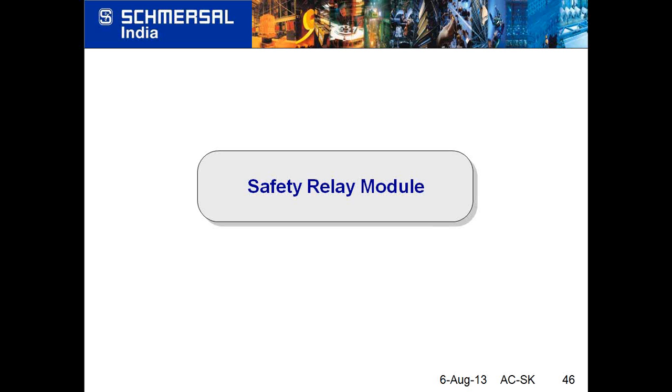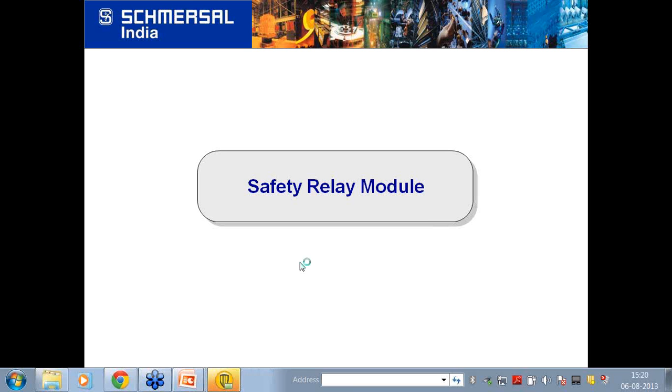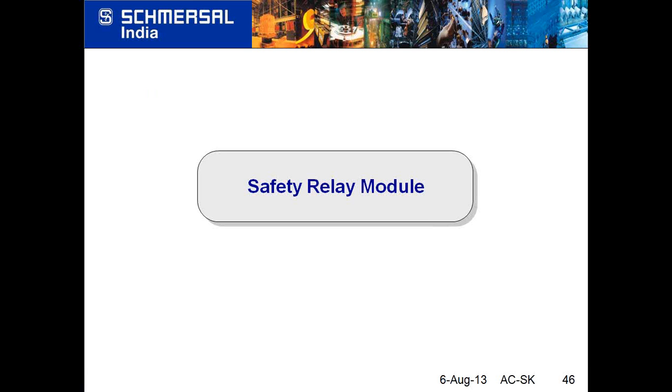In case there is a failure in the output contacts of the emergency stop push button itself, then there is no way the accident can be avoided, or the system or the operator will not know that there is a problem in the system.